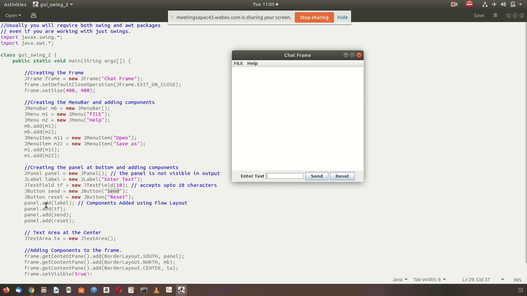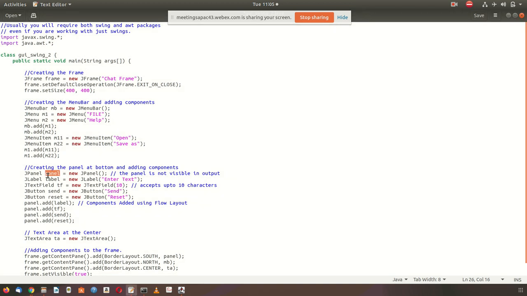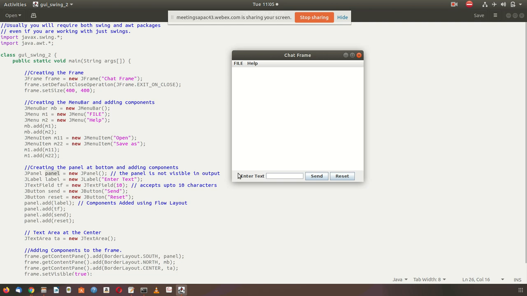Then panel.add. Panel means, you remember, we want to make all this a group. So first we create the panel, and inside the panel first we add the label, then panel.add(label). The label will come first, then panel.add(text field), panel.add(send button), panel.add(reset button).